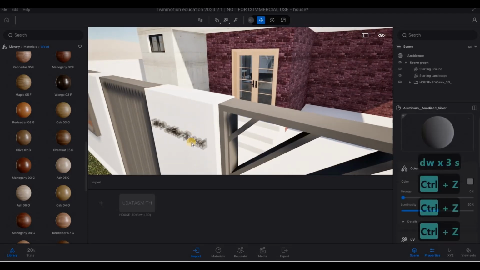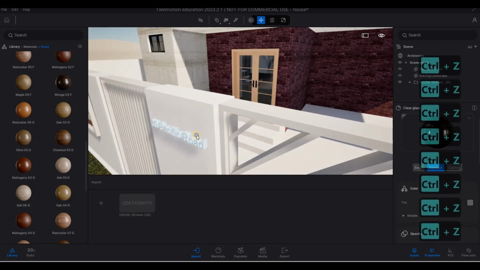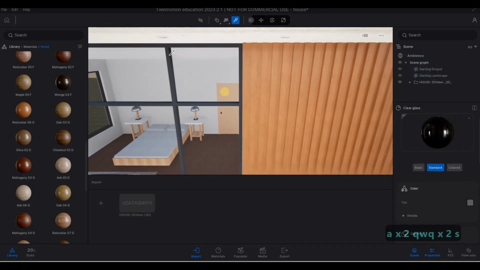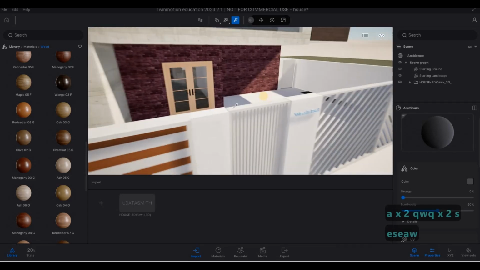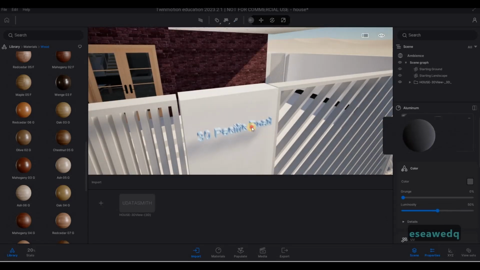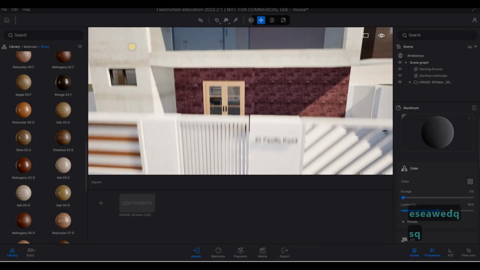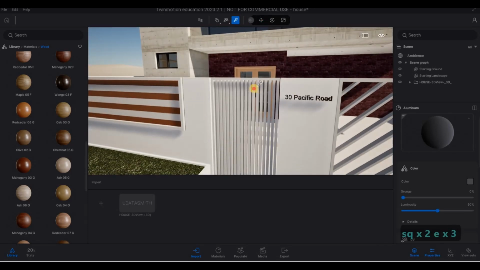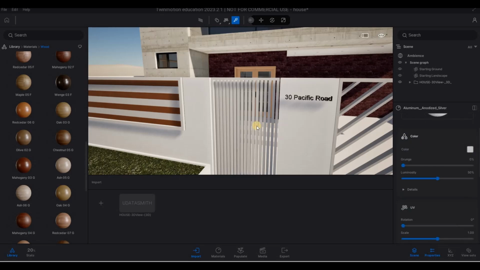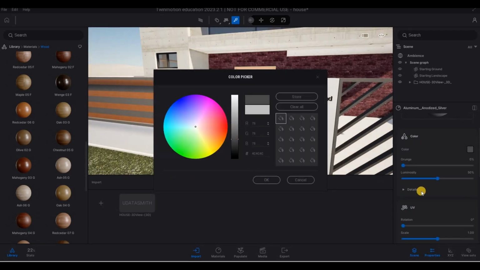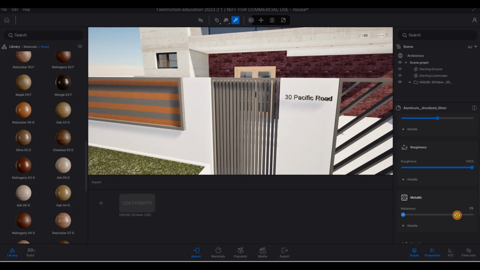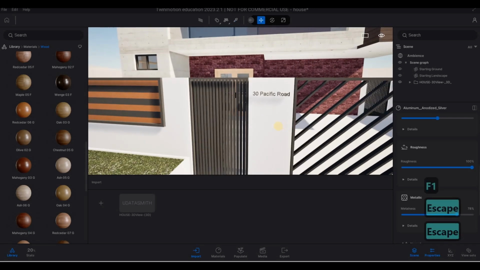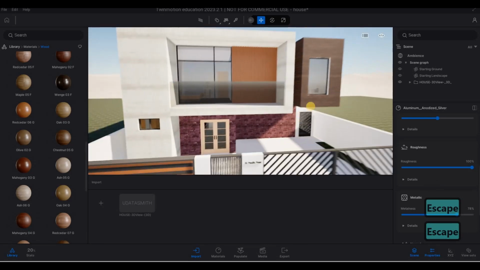I'm gonna undo because I picked the wrong one earlier. So I'm just going to select that again and then add it. That's the same one. And then here we just need to change the color and then the metalness. So now let's press escape, and then